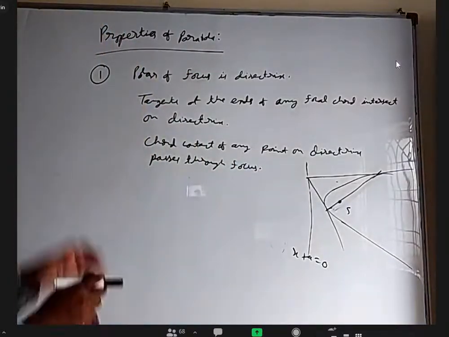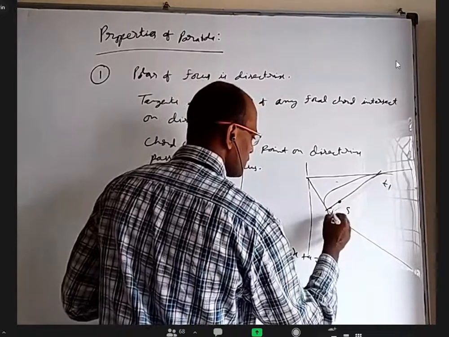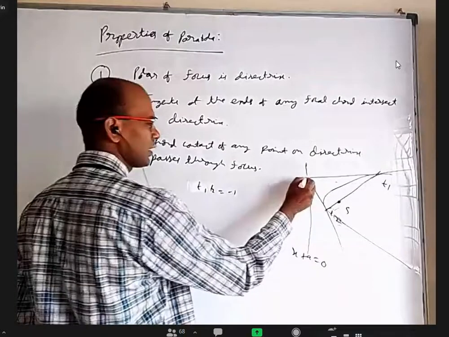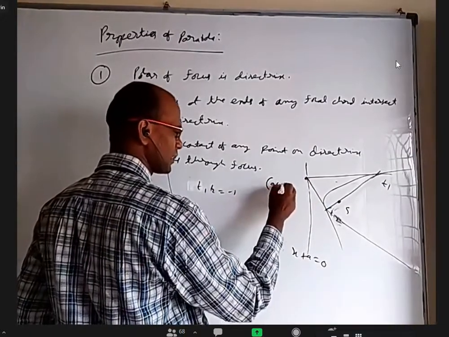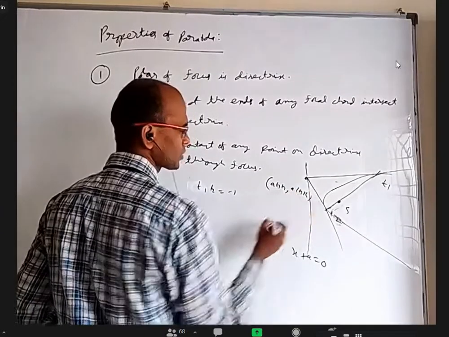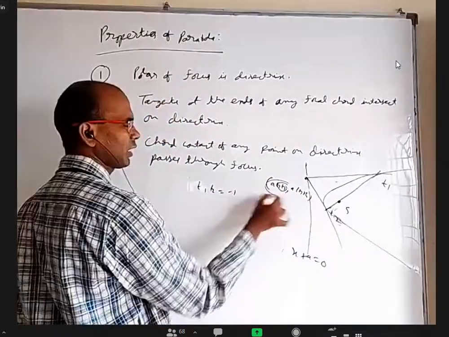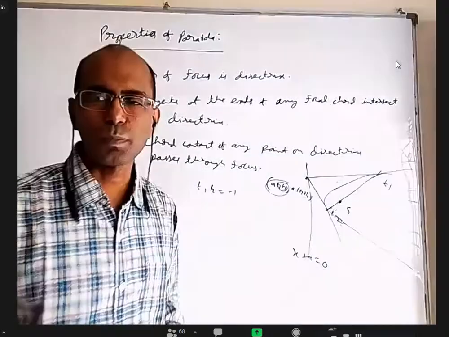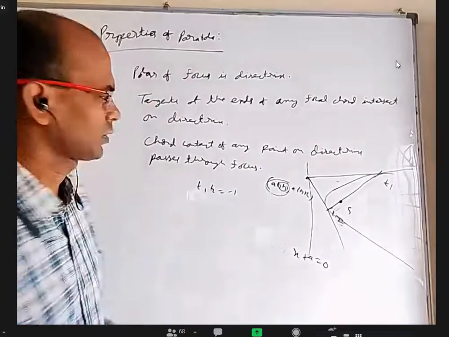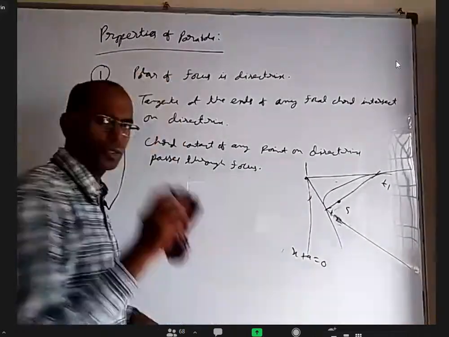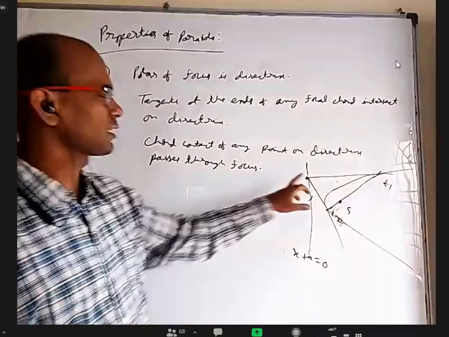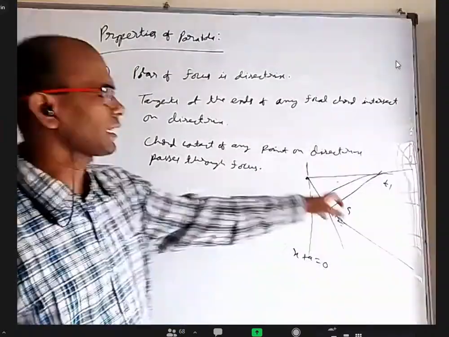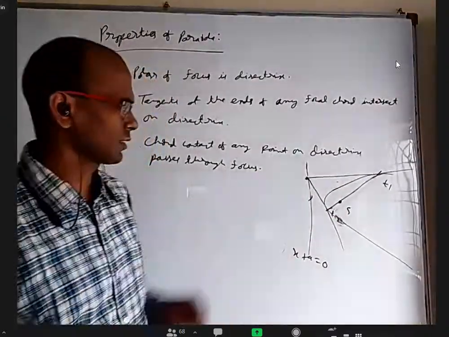We can also understand this another way. If I take this as t1 and this as t2, you already know t1t2 = −1, and the point of intersection of tangents at t1 and t2 is (at1t2, a(t1 + t2)). In place of t1t2, if I put −1, what happens to the x coordinate? It is −a. If the x coordinate is −a, that point lies on the directrix. So simply based on t1t2 = −1, we can tell that the point of intersection of tangents at the ends lies on the directrix. Or take (a, 0), do S1 = 0, and you get the polar as the directrix. Either way is okay.